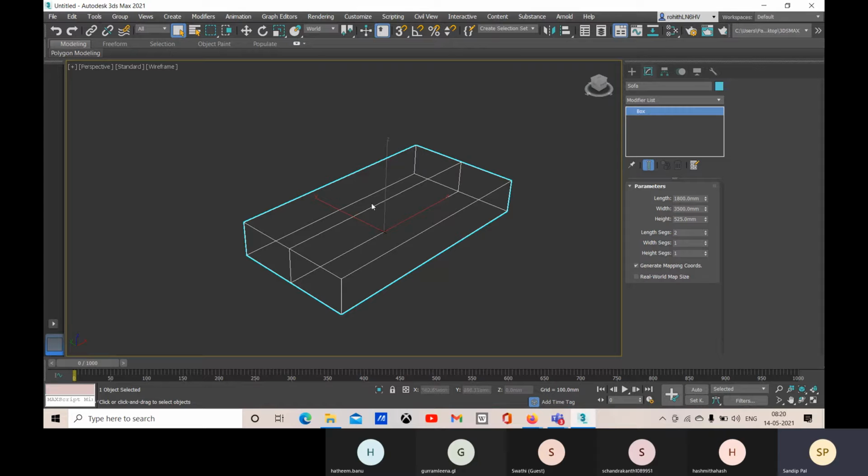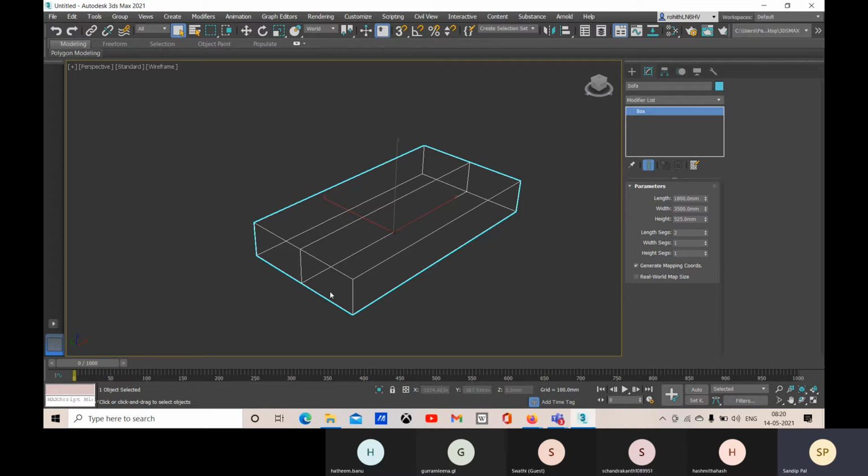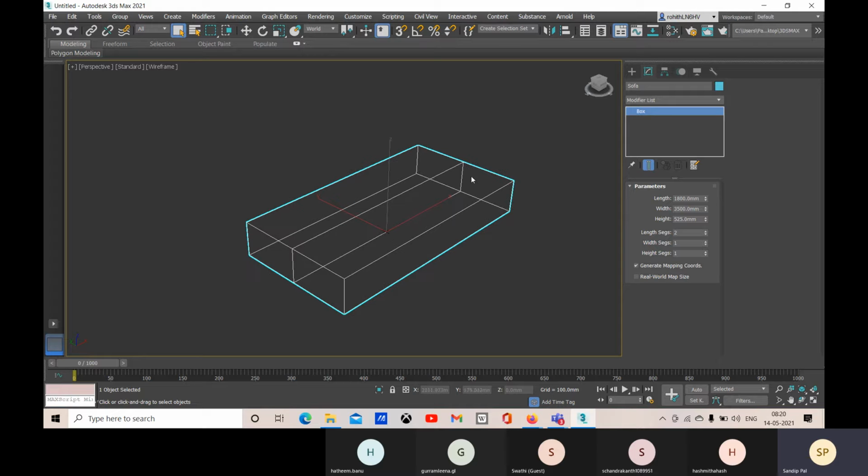So right now, if you need this segment, this segment is added in the length direction, and this is dividing these surfaces. Accordingly you will have your surfaces, and these edges are added. And if you need more, like in width segments, you can add in this direction. Accordingly you will have, and for height direction you can add.